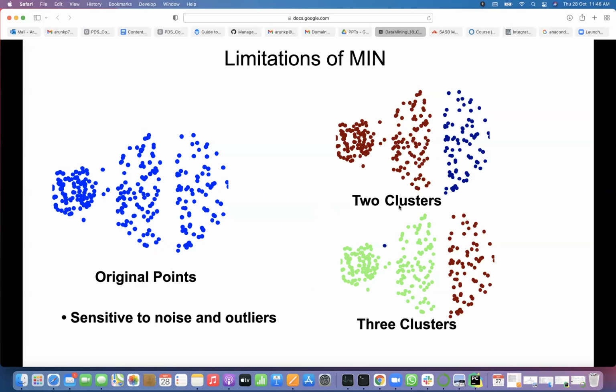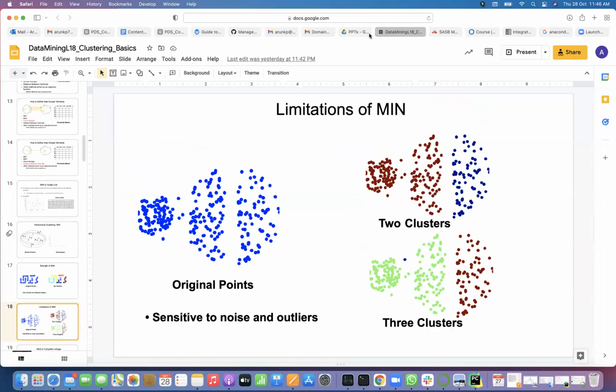If you take 2 clusters, then you are getting like this, 2 clusters. But naturally, what clusters will you expect here? 3. The left side round one is 1 and the right side elliptic one is 1, right? Because of the noise you can see between them, those middle 3, 4 points, a small number of points.